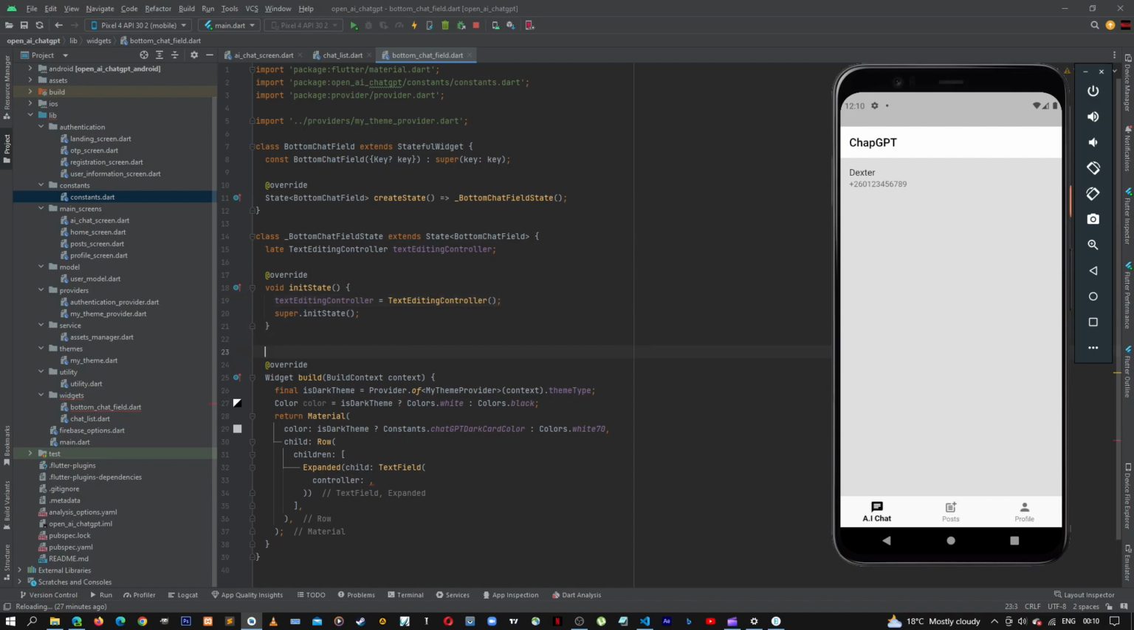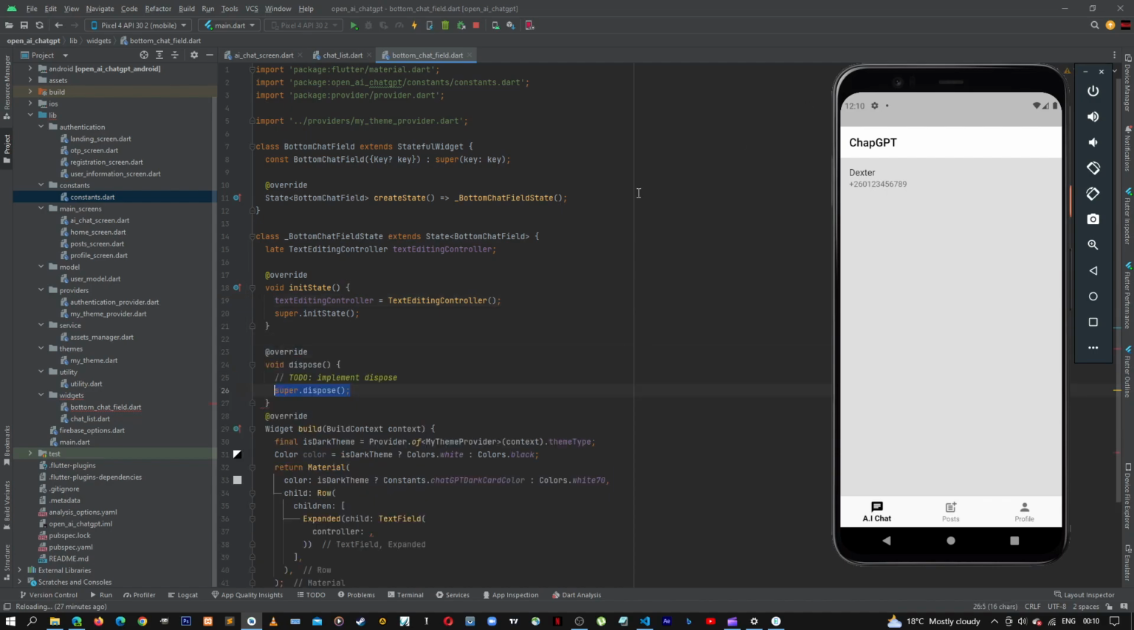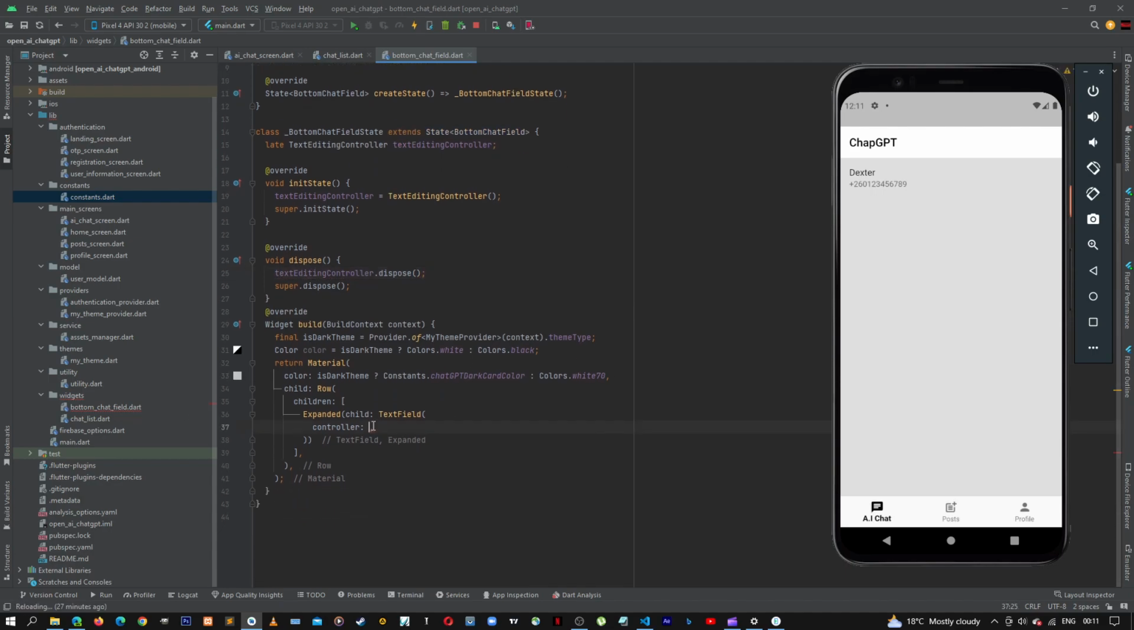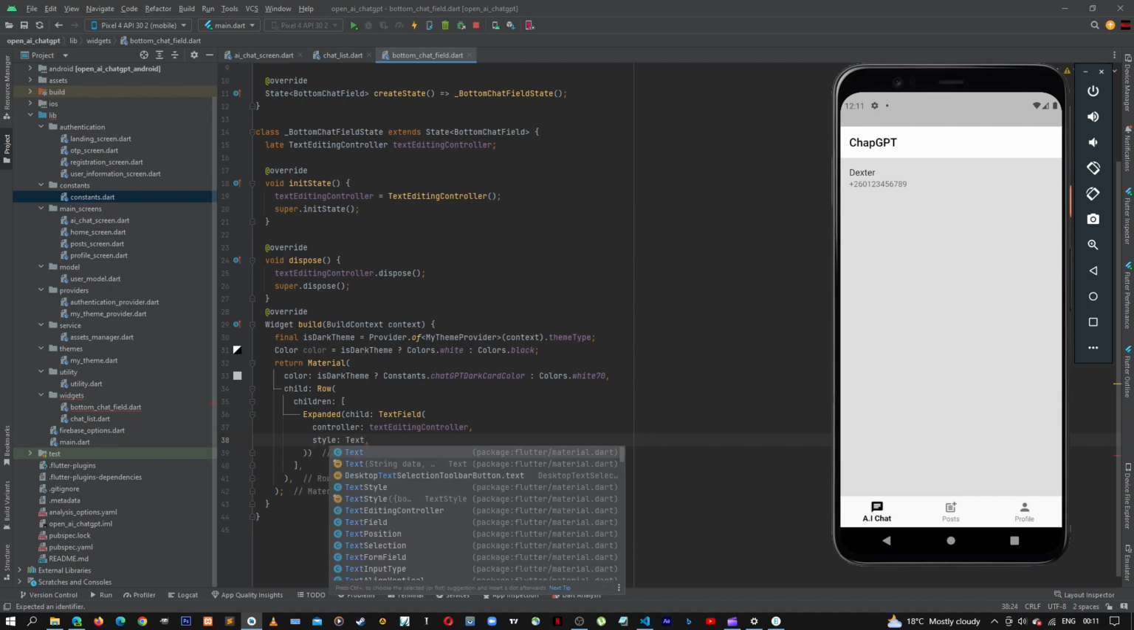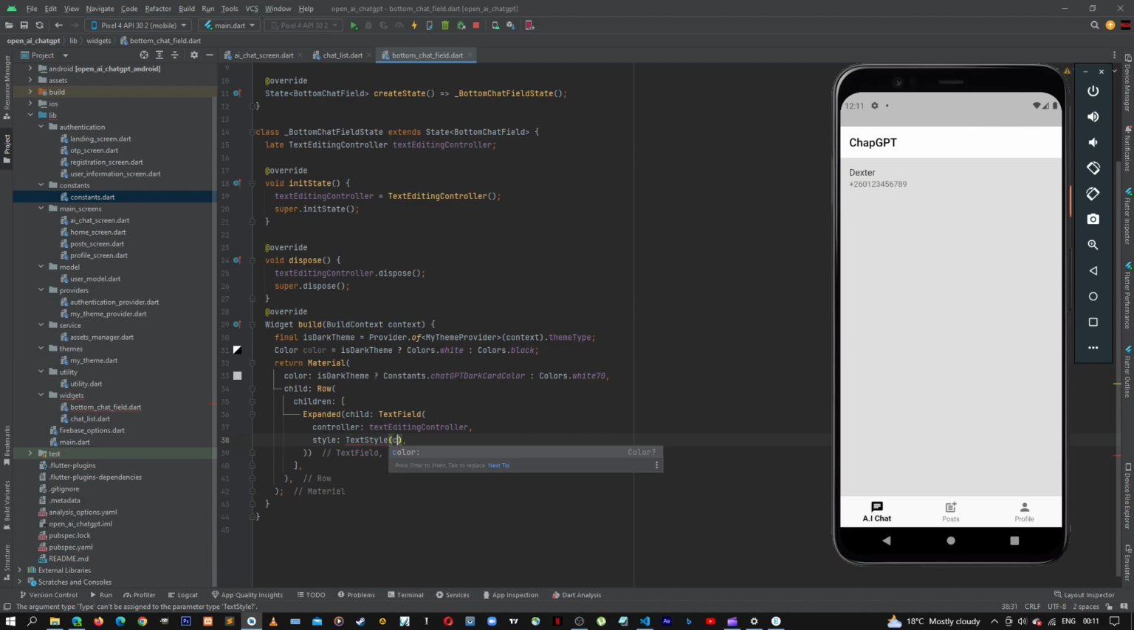Let's also dispose our controller. We say text editing controller dot dispose. And then down here we can call our text editing controller. So for the style, let's just give it a style, which will be just calling the color. Call the color as our theme. We just call our color down here, and then after